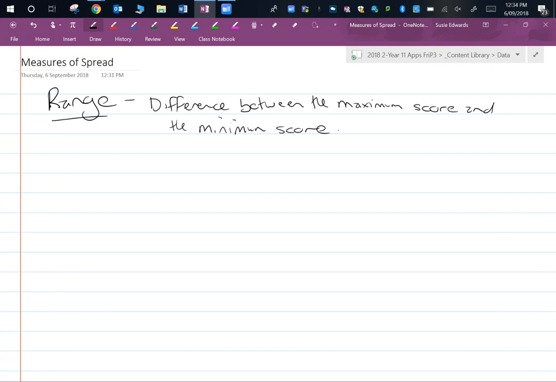So your calculator doesn't give you the range. It gives you the minimum and the maximum score, and you have to work out the range. Everyone understand that? Now, if we look at an example, range equals max, take min, it will be like a formula for this. So e.g. 8, 2, 3, 12, 20, okay? I've got these numbers. Our range would be